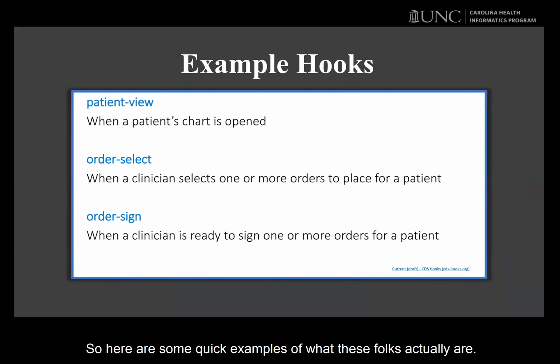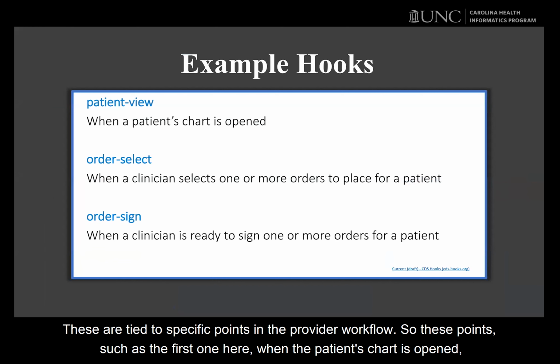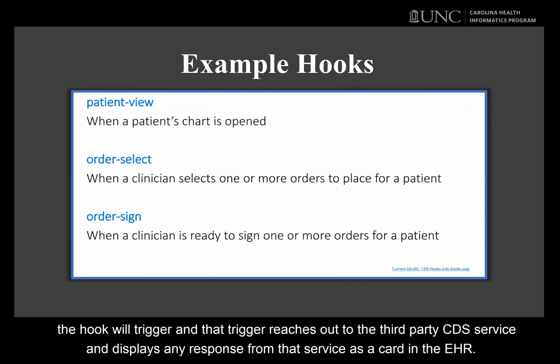So here are some quick examples of what these hooks actually are. These are tied to specific points in the provider workflow. So these points, such as the first one here, when the patient's chart is opened, the hook will trigger. And that trigger reaches out to the third-party CDS service and displays any response from that service as a card